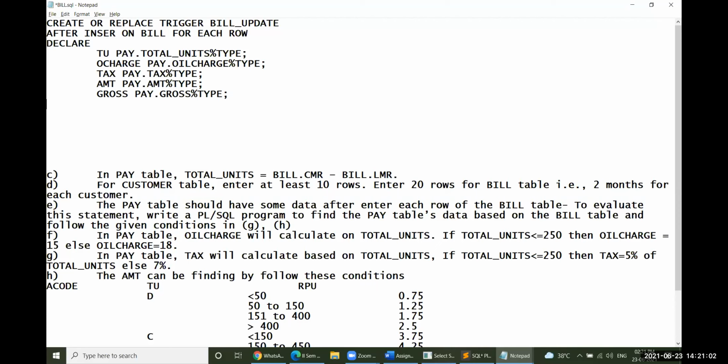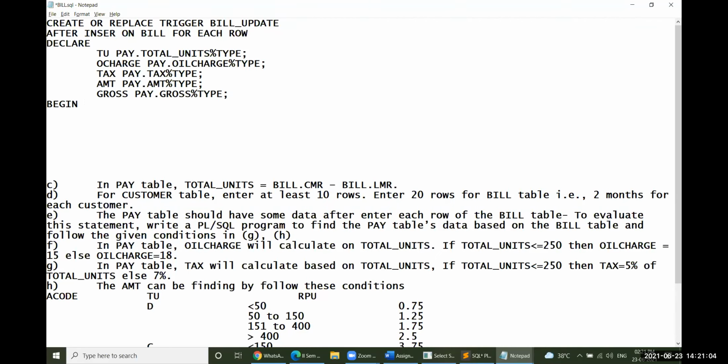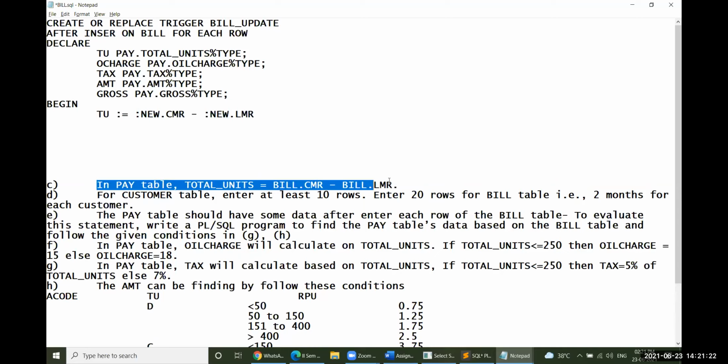First one is BEGIN. Total units will be equal to NEW.CMR, current month reading, minus NEW.LMR, last month reading. That is the first statement.